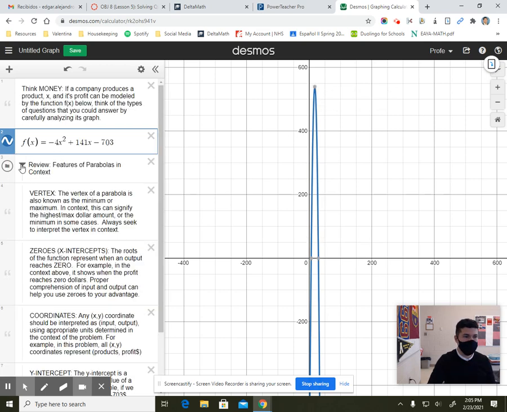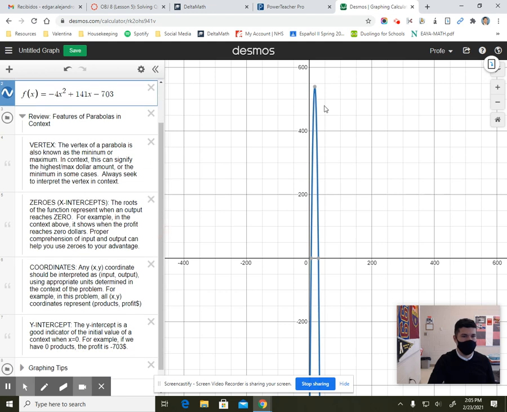It's also important for us to know the different features. We spoke of the vertex being a maximum or a minimum. Keep an eye on whether it's asking for the input or output. It's also important to think about your zeros. These are when your output reaches 0, like your profit reaches 0, or an object hits the ground. It's important to identify what any xy coordinate means in terms of input and output,